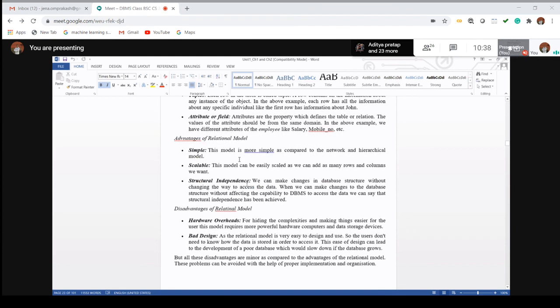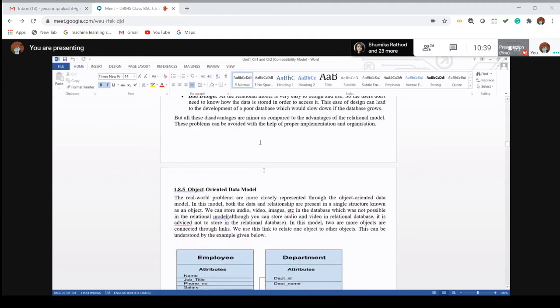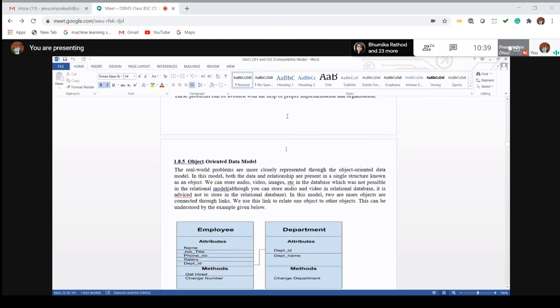The second thing is that we need some storage areas to store the data in that type of structure. We need some data storage devices or hardware devices, hardware components. So this is the overall idea of the relational data models.